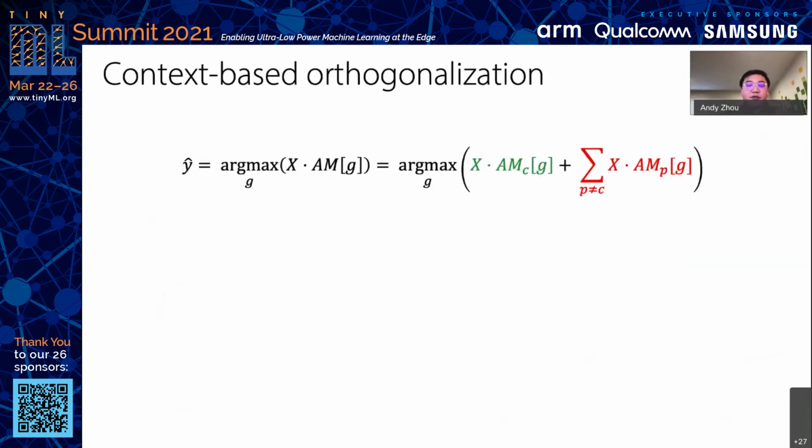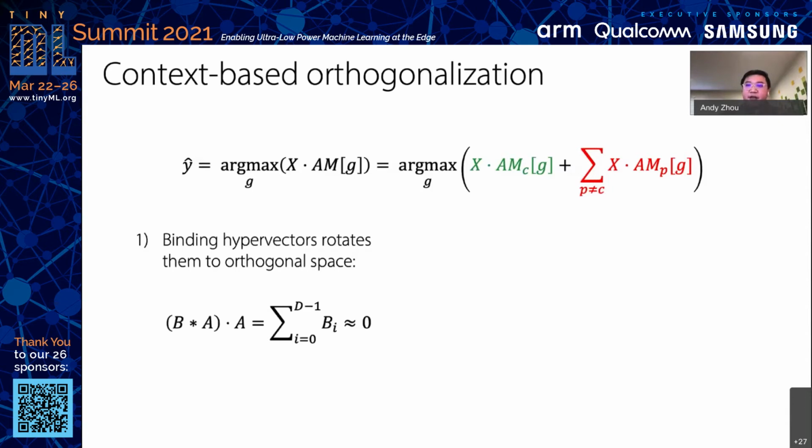For this, we turn to our method that we're going to call context-based orthogonalization. So we first return to that similarity calculation, and once again, we're trying to nullify the interference term shown here in red. To do this, we're going to depend on two nice properties of computing using bipolar HD vectors. The first is that binding a vector with some different dense hypervector through multiplication rotates it to an orthogonal region